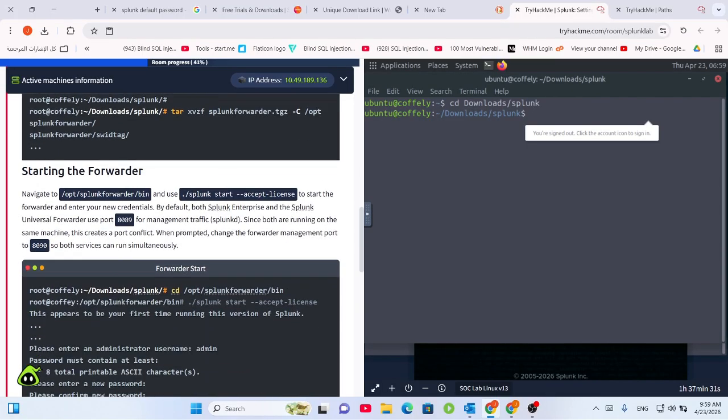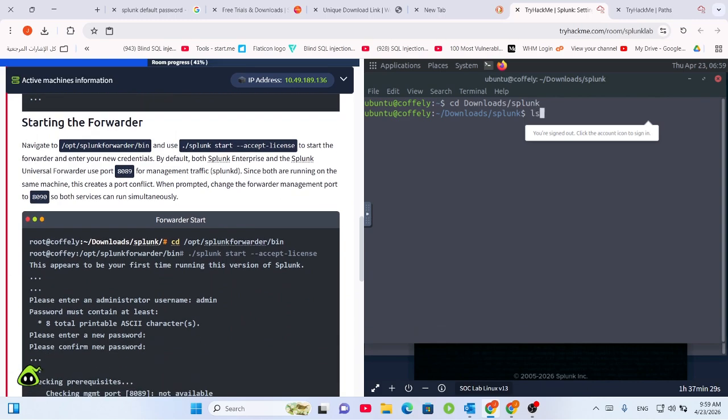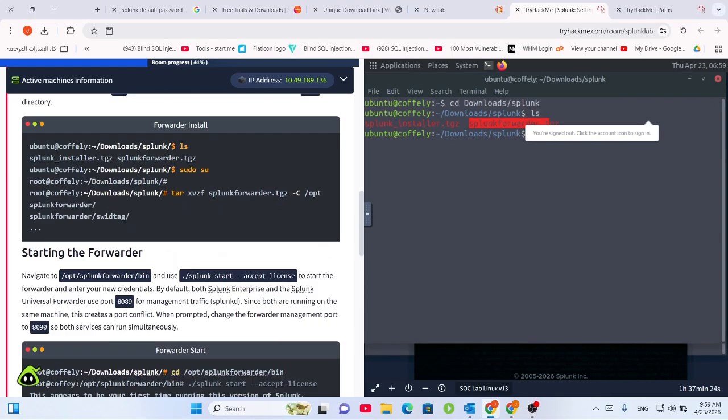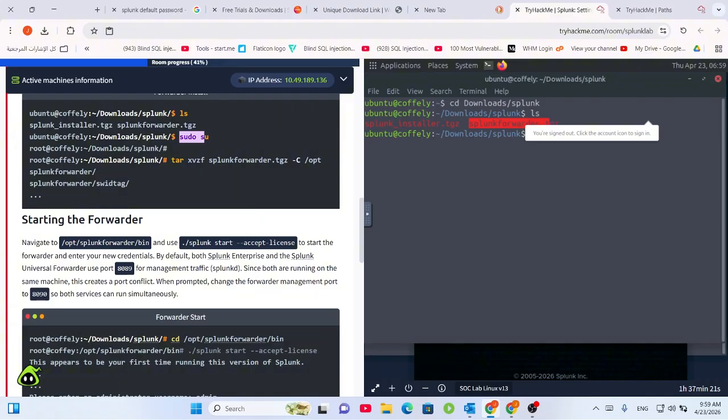Because it's already installed, if you type ls here, you're going to find the forwarder. It's already available. So let's go ahead and type sudo su from here, and we're going to extract it. tar xvzf splunkforwarder.tgz -C